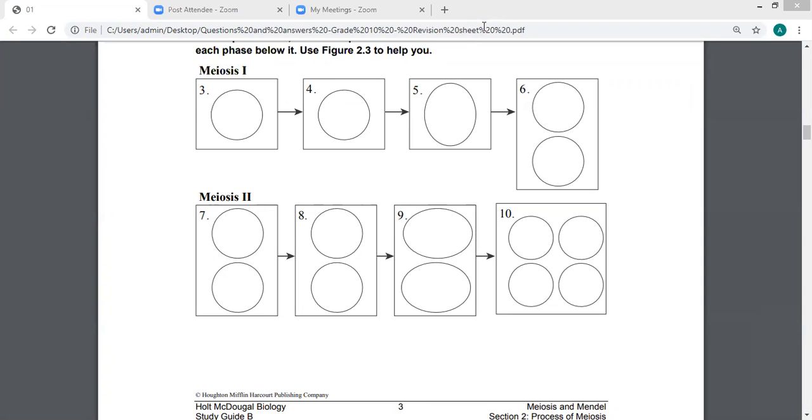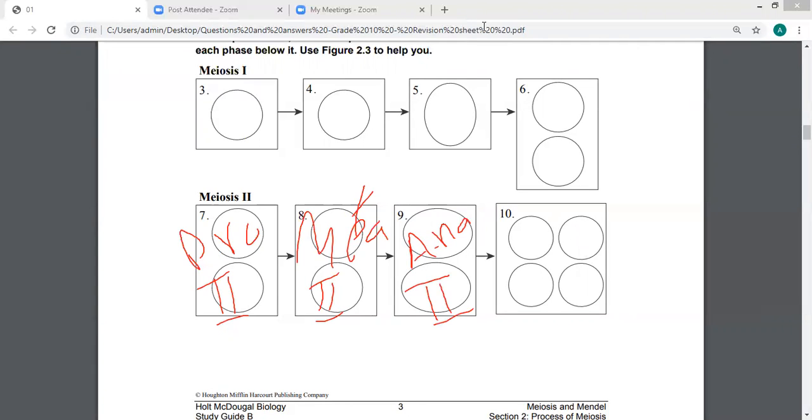I know Fatima, you know the answer. I need another one. Prophase 2. Okay, Maria, prophase 2, then metaphase 2, then anaphase 2, the last one, telophase 2. You can notice the difference between telophase